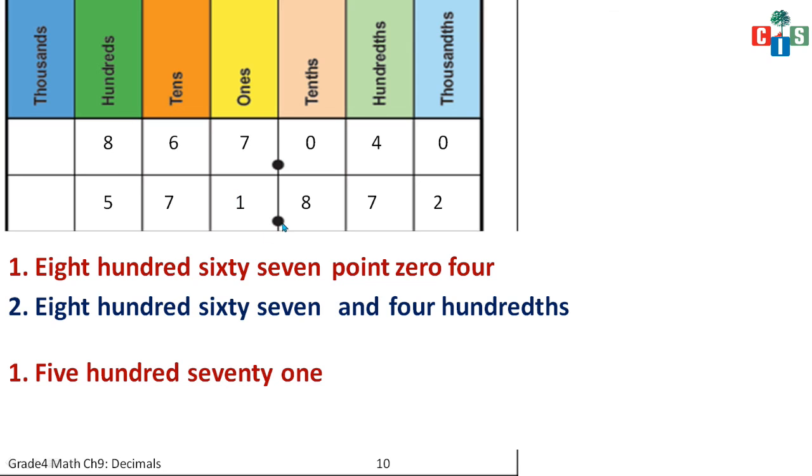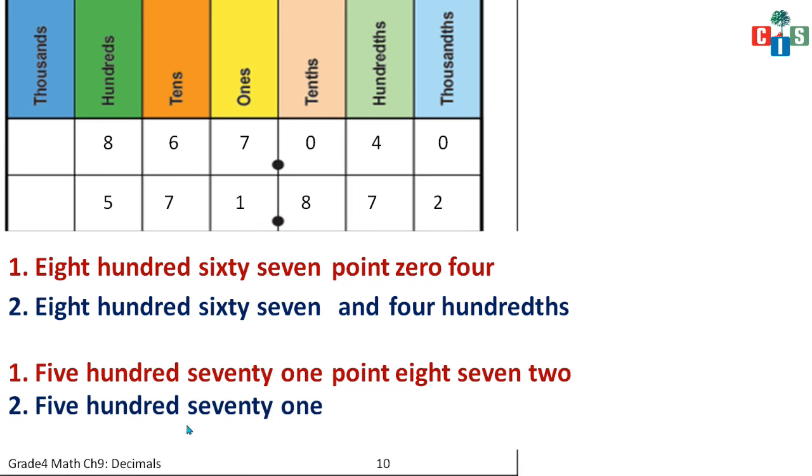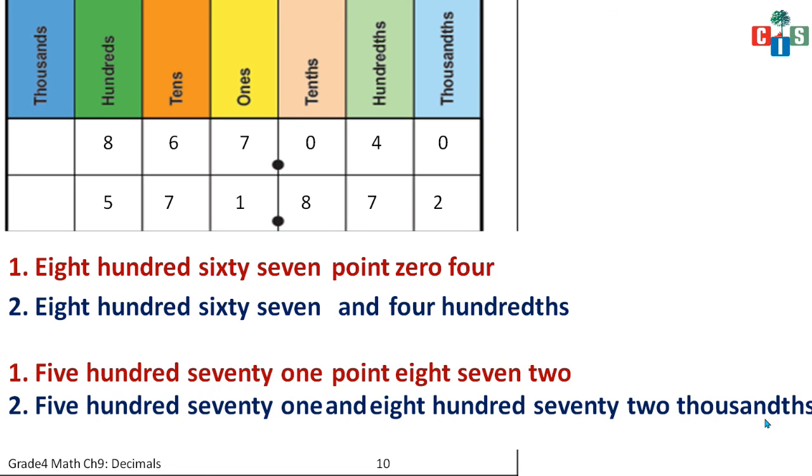571, that you know. In place of the point, point and 872. So 872. Clear? The next way is 571, in place of the point "and", okay, and this is 872. And the last number is in which place value? The last number is in the thousands place. So what I will write is 872 thousandth. Clear? For the number at the back, you have to write its place value. That is very easy, kids. It's very easy. Just have the trick.